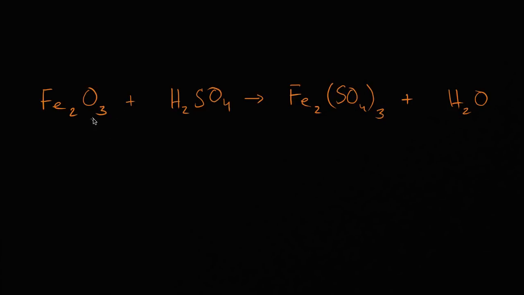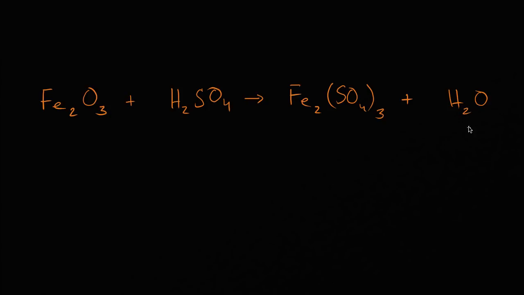All right, so let's see what's going on in this chemical reaction. On the reactant side, we have an iron oxide. This is ferric oxide right over here, reacting with sulfuric acid, and it's producing, let's see, this is ferric sulfate and water. And we want to balance this chemical equation, and I encourage you to pause this video and try